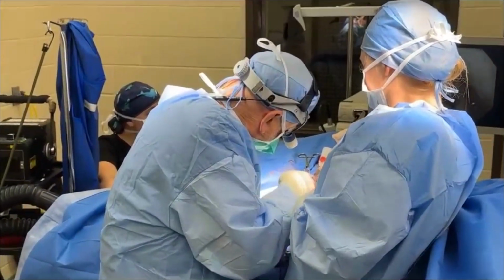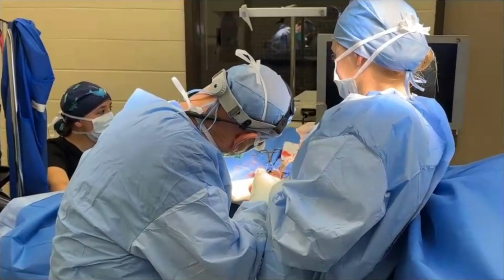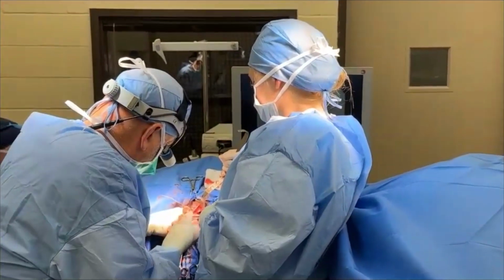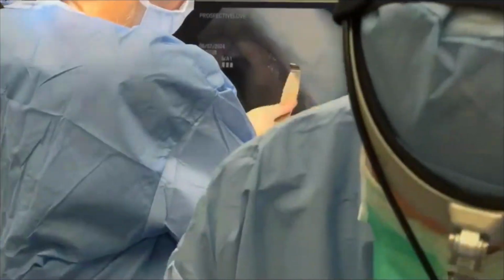So now are you tying down those sutures? Is that what you're doing now? Right now, I'm probably placing another suture. Okay. Yeah, it looks like I've got a needle holder there. So the